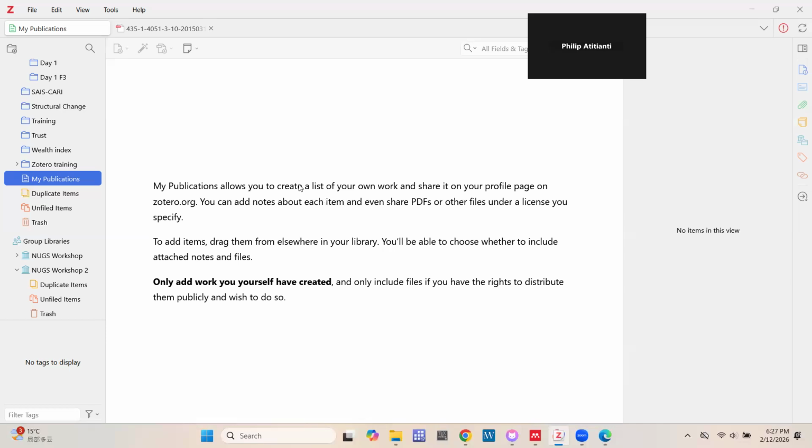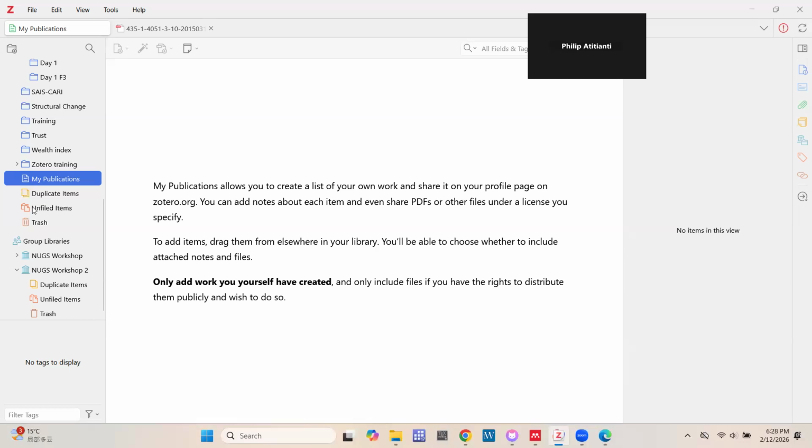So ideally, you would want to only put files that you have the right to share. If it's a publication that's not open access, it means you don't necessarily have the right to put it on a public platform, right? So if my law knowledge is serving me right, you would have to put files that you have the right to share publicly here. And once you put them here, people can access them from your Zotero profile page or from Zotero.org. So that's the function of